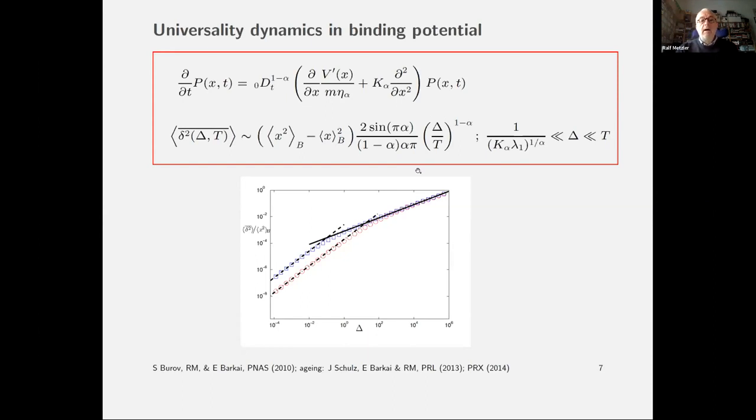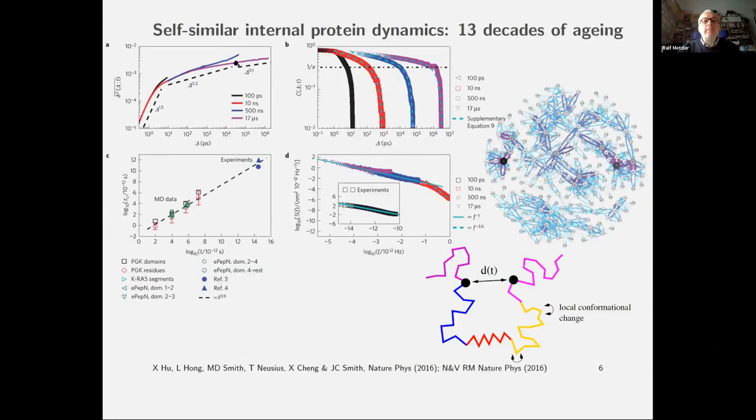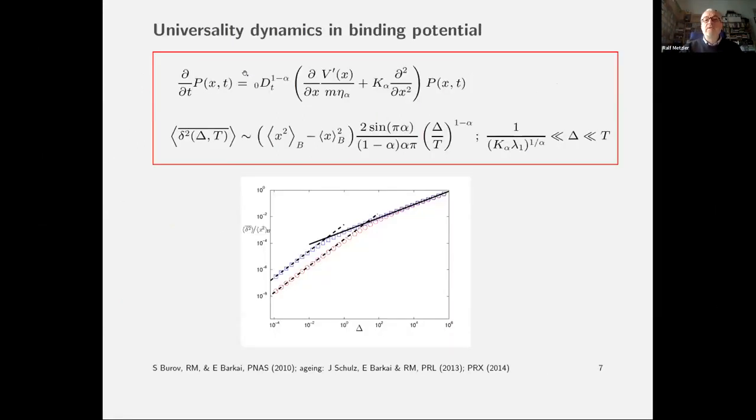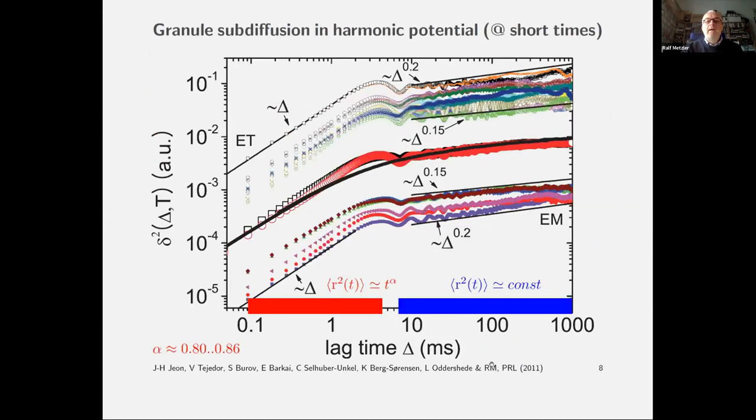So that looks in a way a bit similar to what they see here, but of course the motion in the simulations is more complex and also most likely truncated. There are also some aspects of aging that we were discussing together with Eli and my PhD student Johannes some years ago in these papers. And experimentally, very likely this is what was seen in an experiment with optical tweezers focusing on lipid granules in living yeast cells.